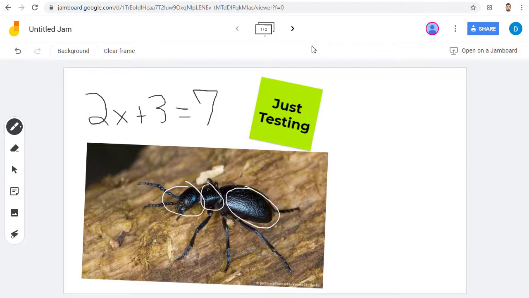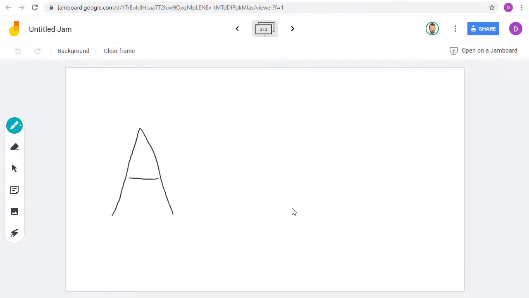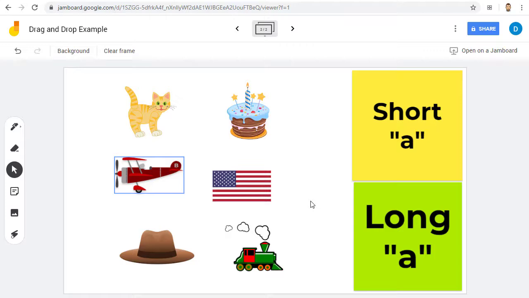Now let's go back to the teacher account, and let's say I'm demonstrating how to write the letter A. We can now switch back over to the student, and they can now write on the Jam to show their work. If you really want to get creative, you can even use Jamboard to make interactive drag and drop activities, like this one where I've added pictures and sticky notes that the student can drag and drop to show their